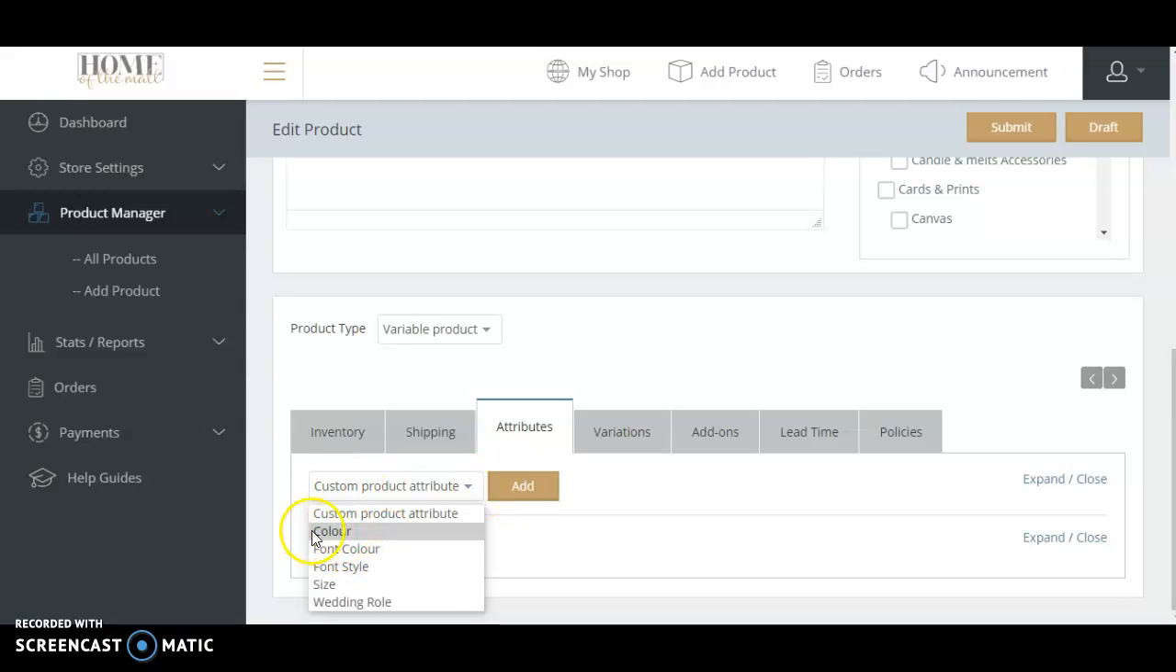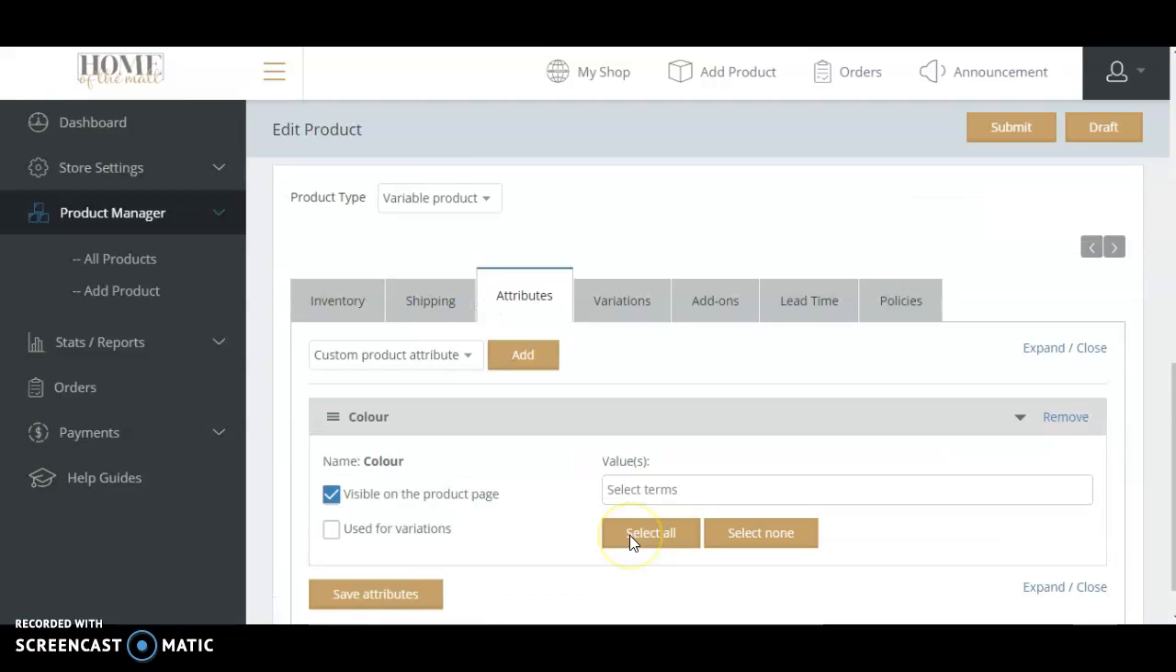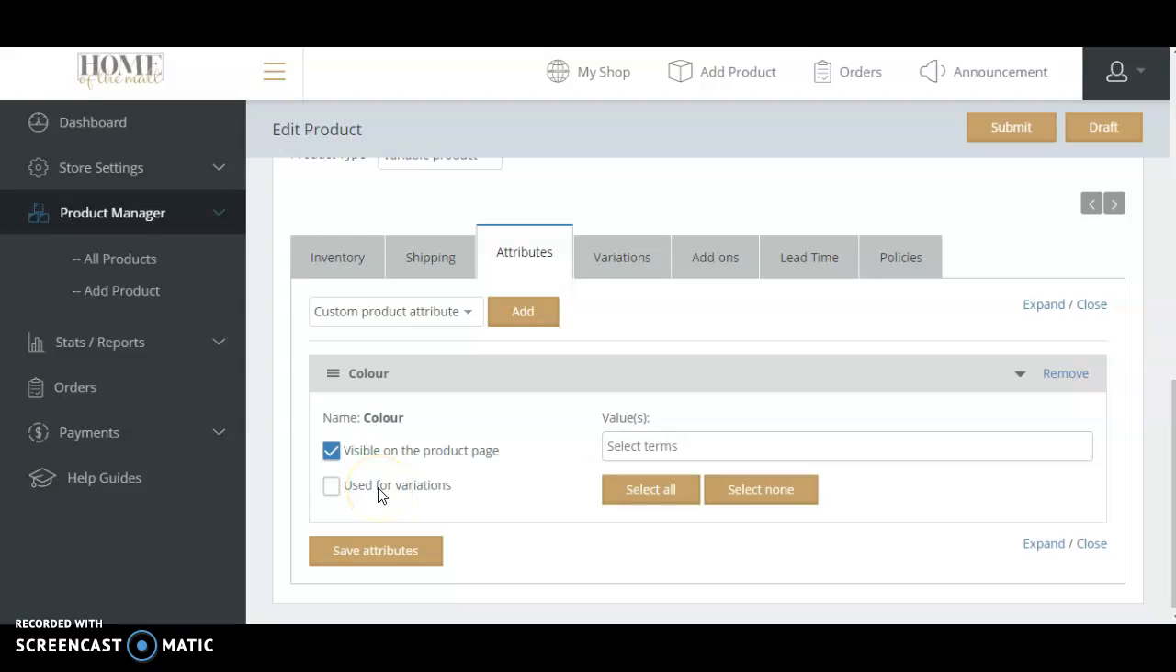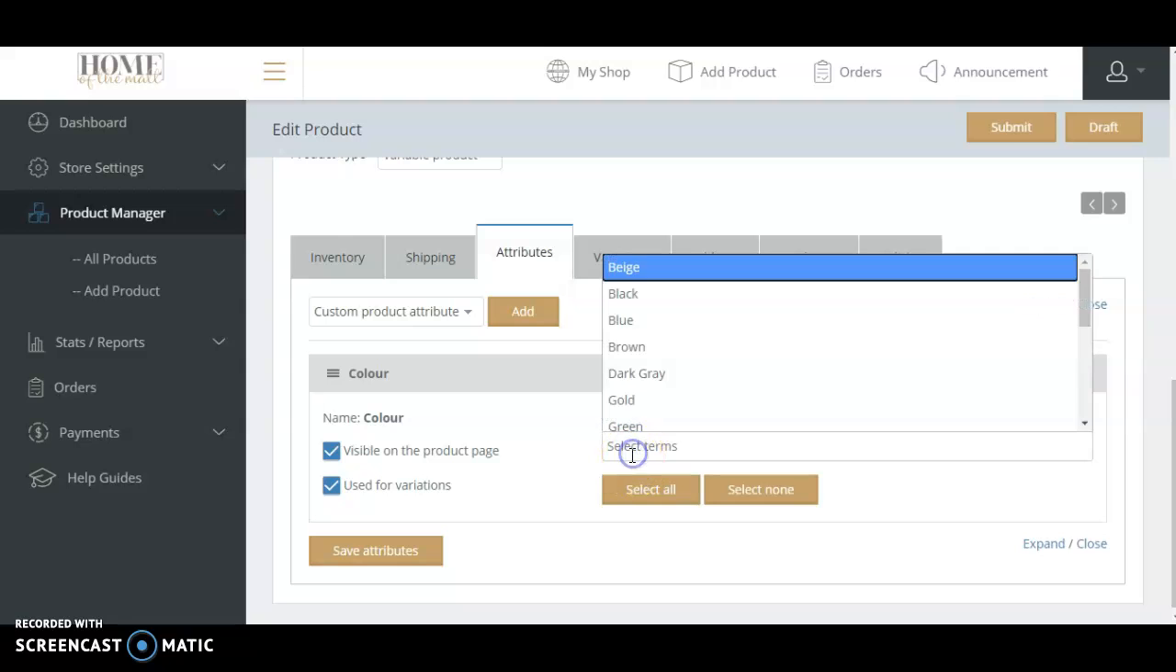So you can choose a pre-existing attribute such as color, click add. Always remember to click used for variations. This will allow the variations to then be showed on the front end. In the instance that you don't wish the variation to actually make any impact, for instance, you might have a product where there are several colors and it's whatever color you send out the user gets, you can leave this unticked, but in most circumstances you would need to click used for variations, and then the values are the values